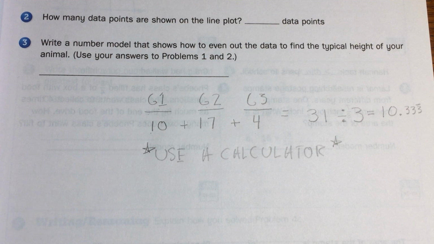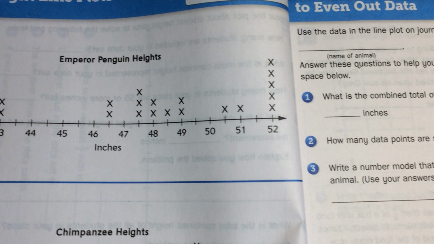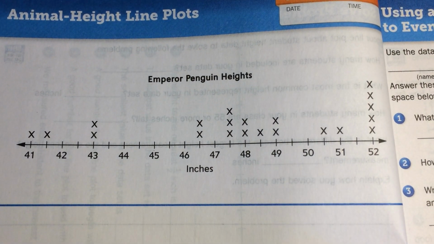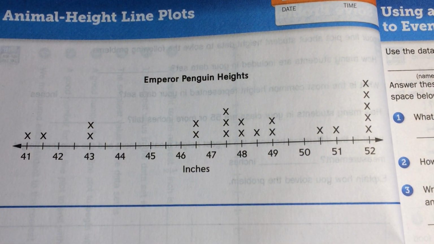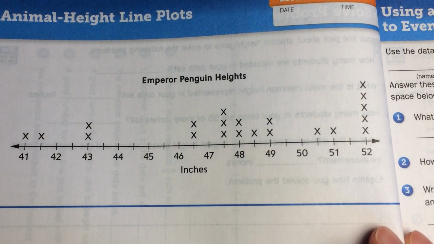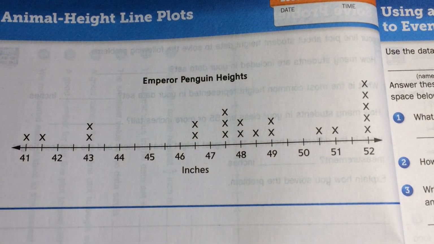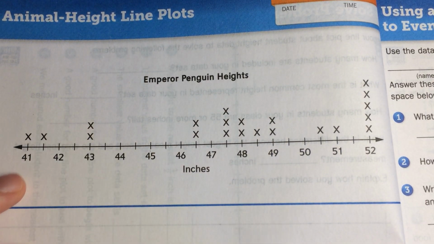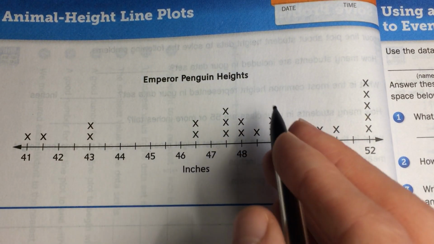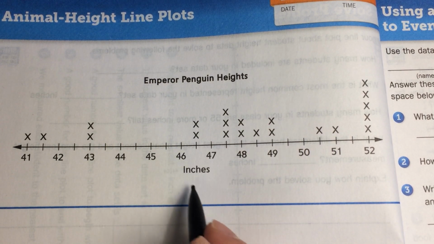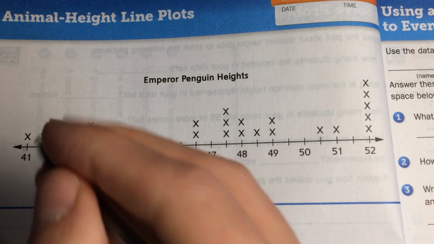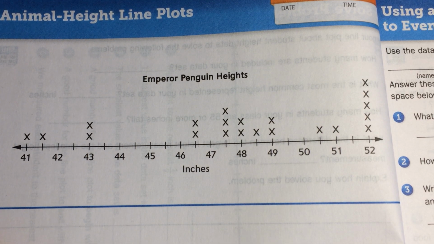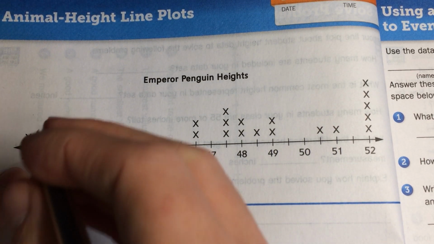So the trick is, can you find a strategy? If we slide back over, can you find a strategy to add these data points up reliably? Reliably means correctly, accurately. For instance, I'm going to look at the emperor penguin as our example. You can probably see right here, this emperor penguin heights is coming in inches. And if you look closely, we have 1x above 41 inches. That means there's one penguin